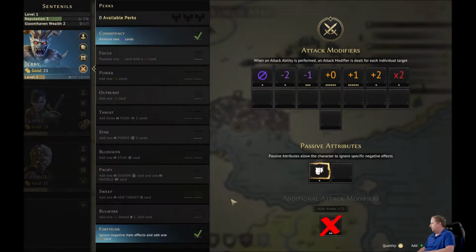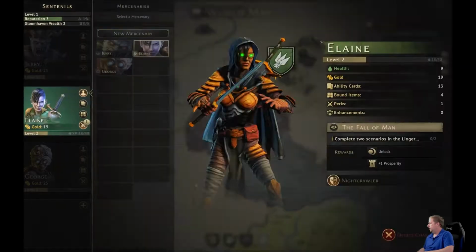Okay, so we've got those out of there. Just as a little bit of a recap, we've got the ignoring of negative item effects, so with his armor, he doesn't get the -1 cards from his armor. And then Elaine